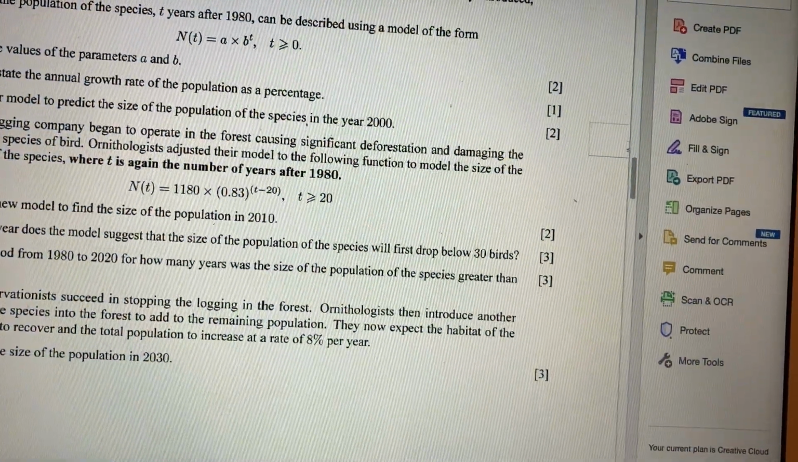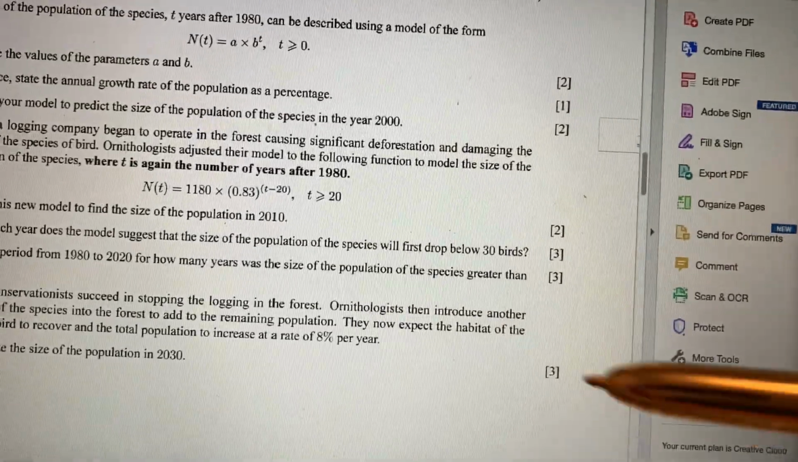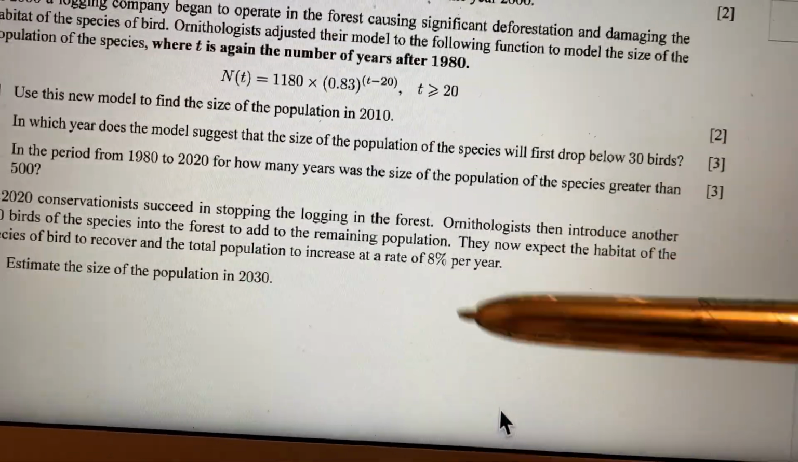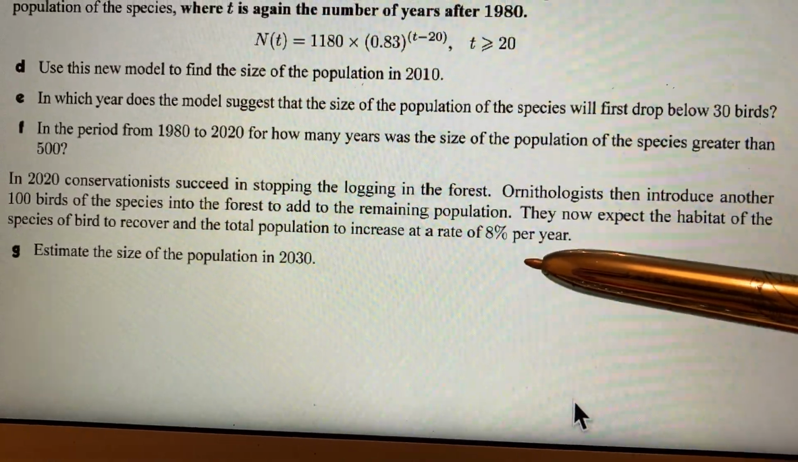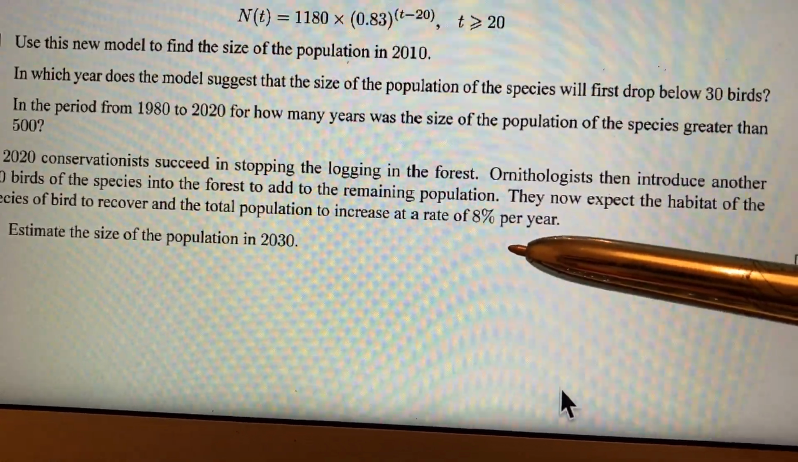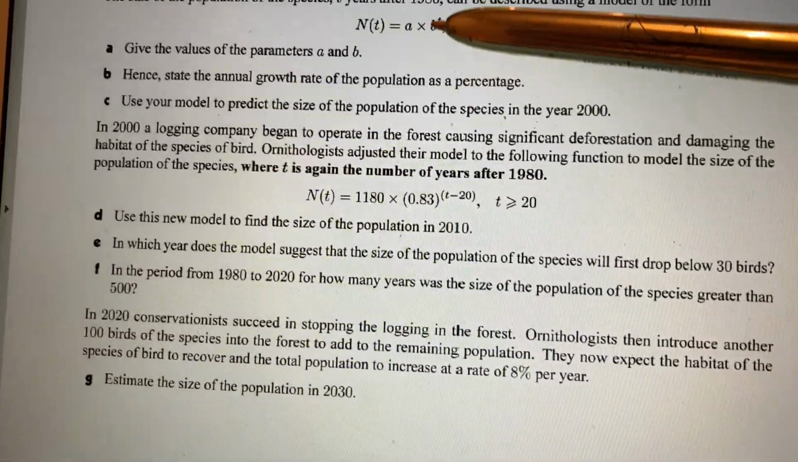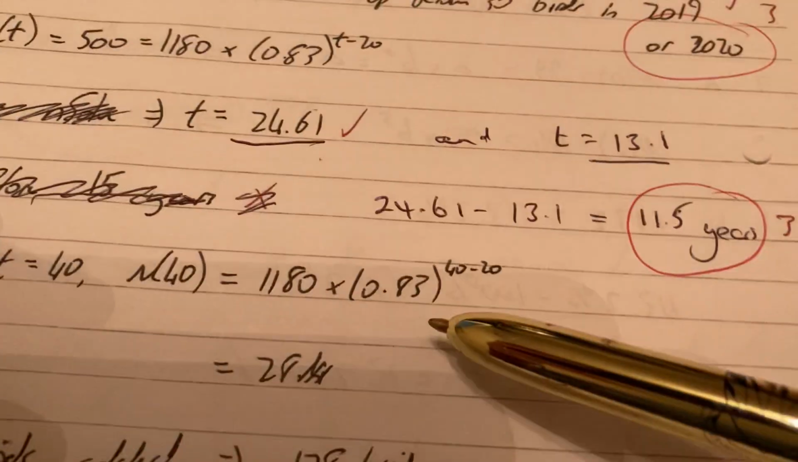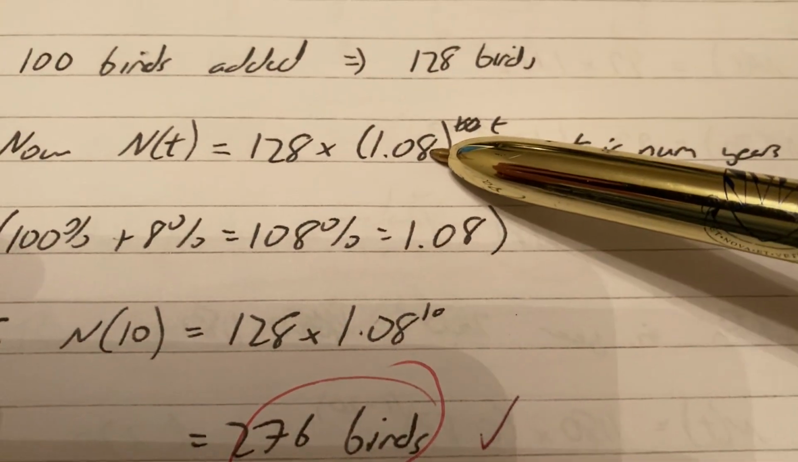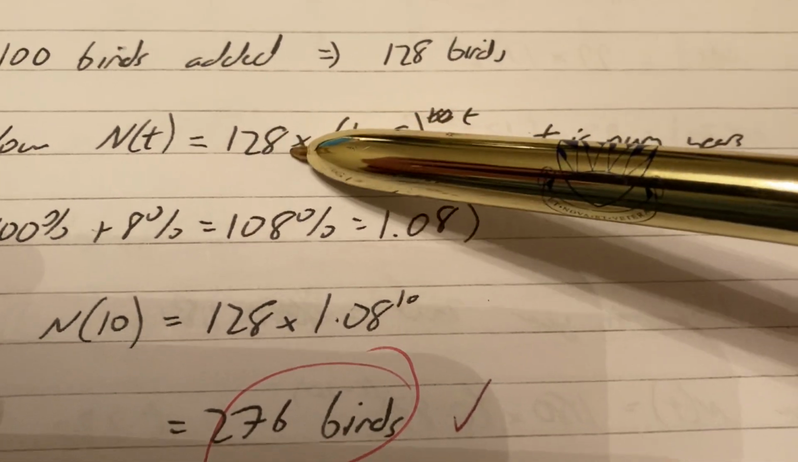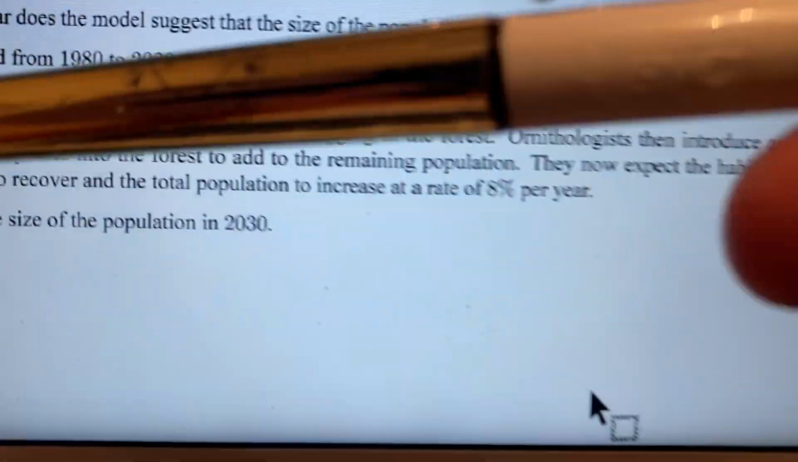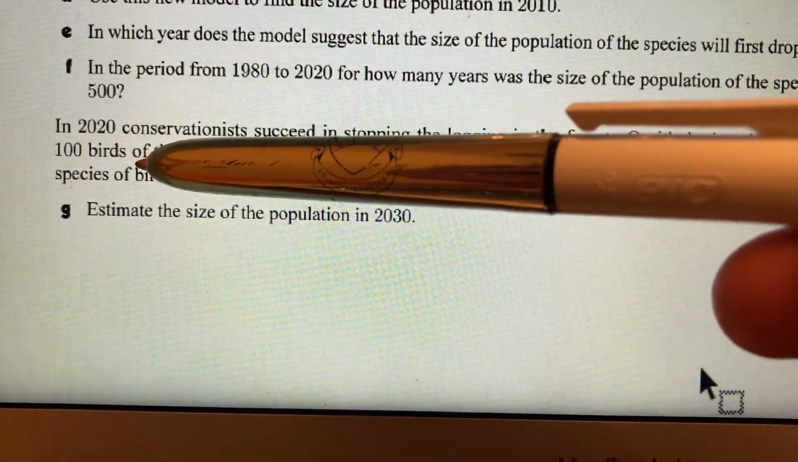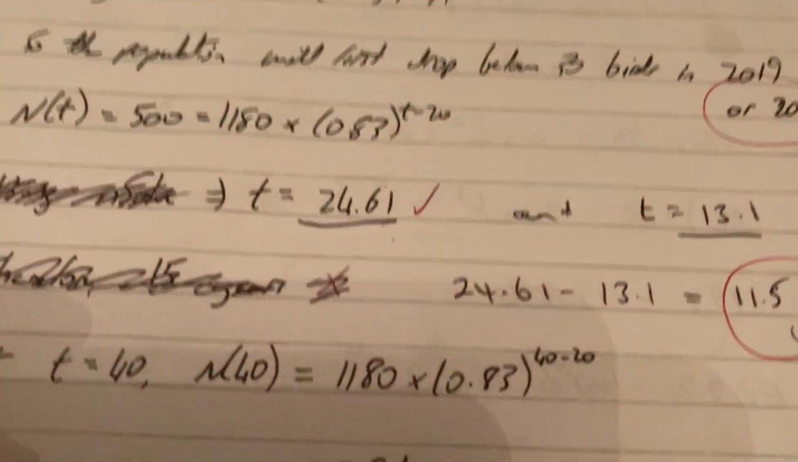All right, and again, part G, we've got another new model. Okay, where are we at? There it is. They now expect it to increase at a rate of 8% per year. So that percentage now isn't going to be 0.83, not going to be what we found previously at 1.13, it's going to be 1.08. Okay, there it is. But I need to know the starting value in 2020. So we need to find at 2020